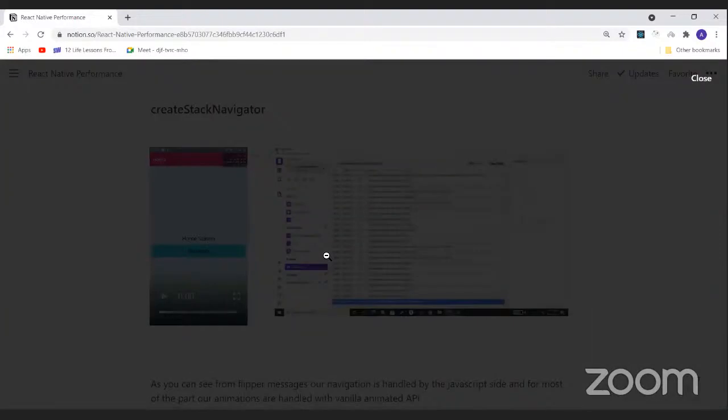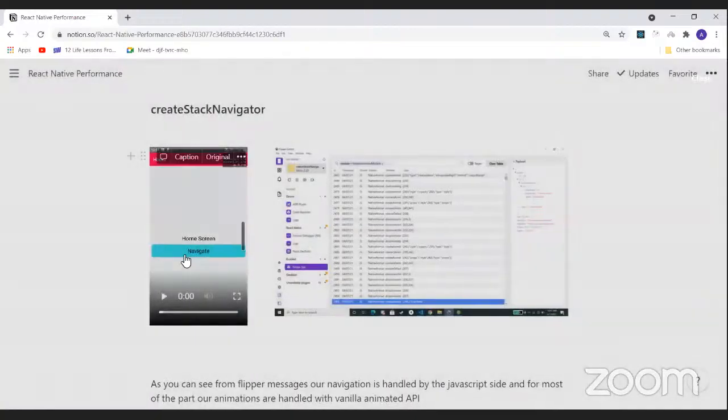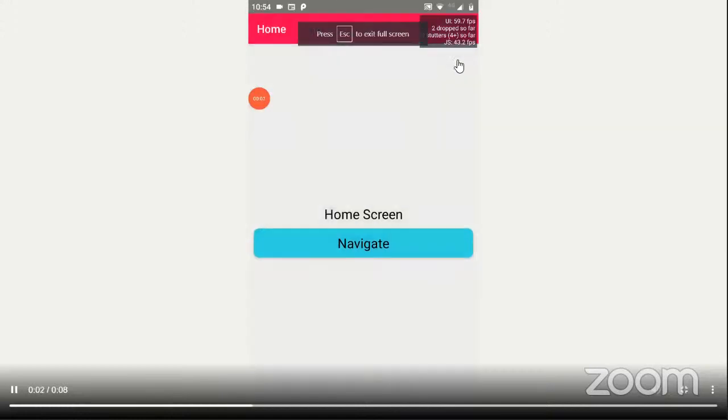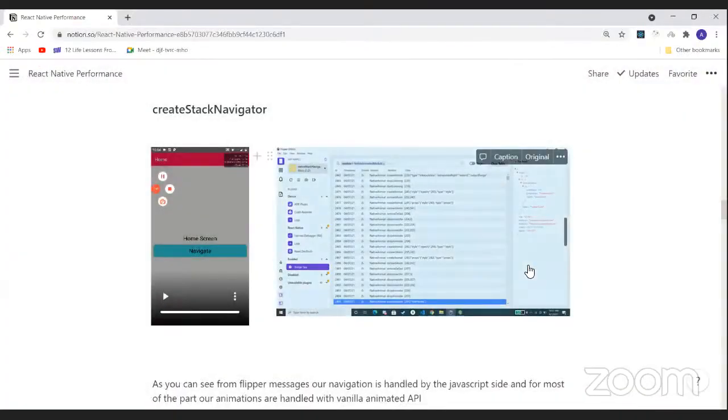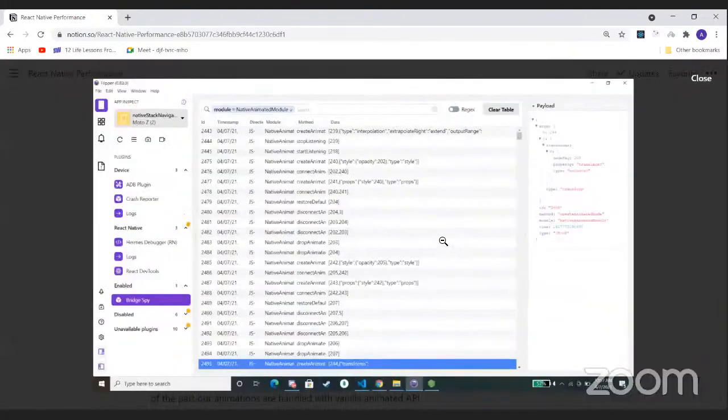Wait a minute, it should open up. Now, as you can see, the lowest we hit was 37 in the JavaScript. And let's see our Flipper logs. Flipper is a debugger tool, and in this tool I'm using a plugin from which I can see bridge messages.